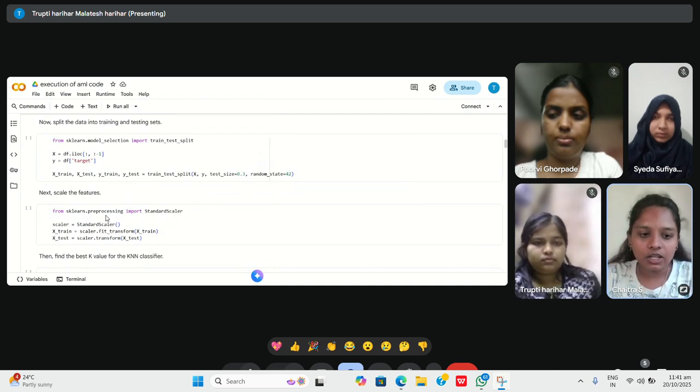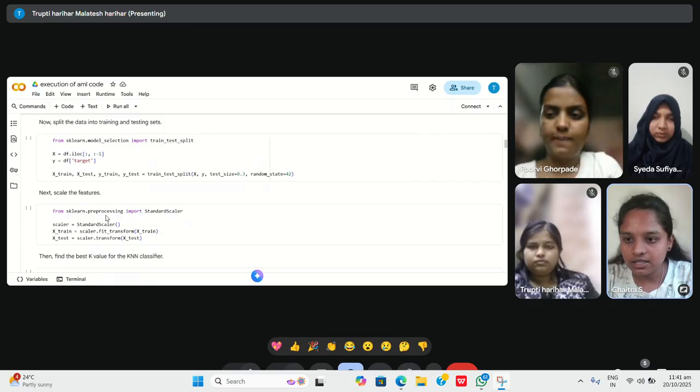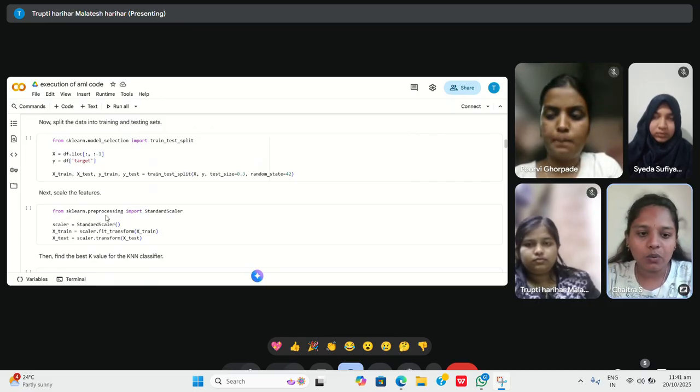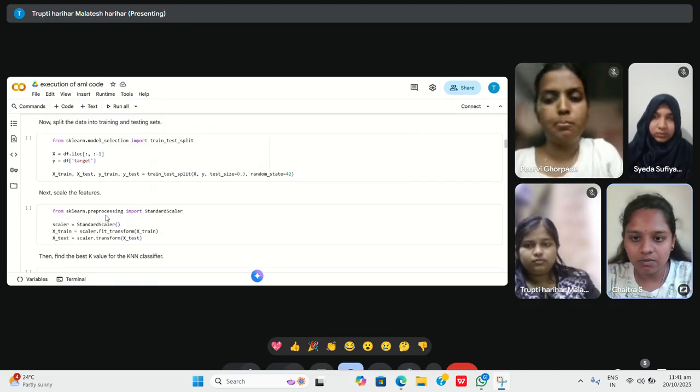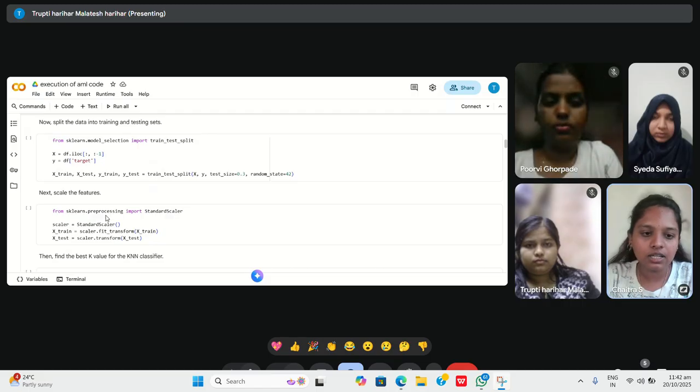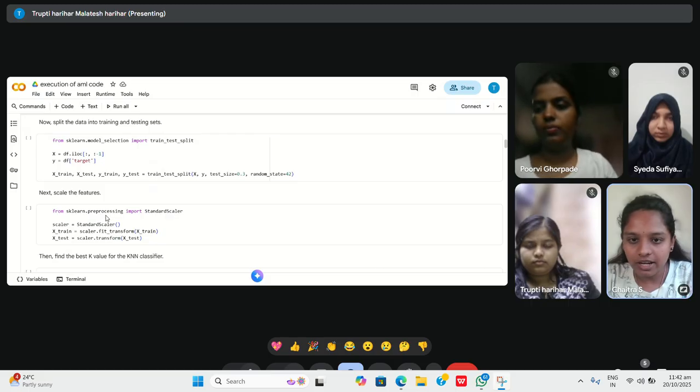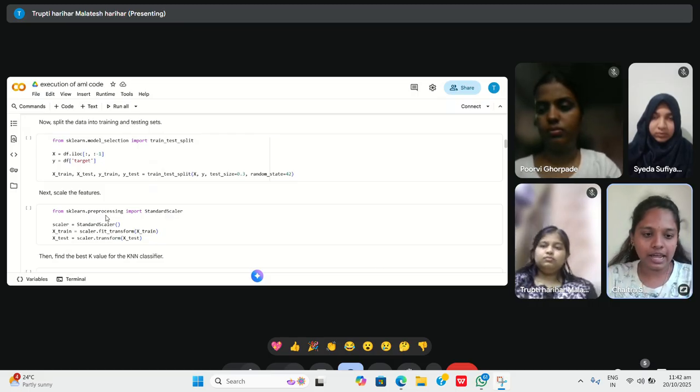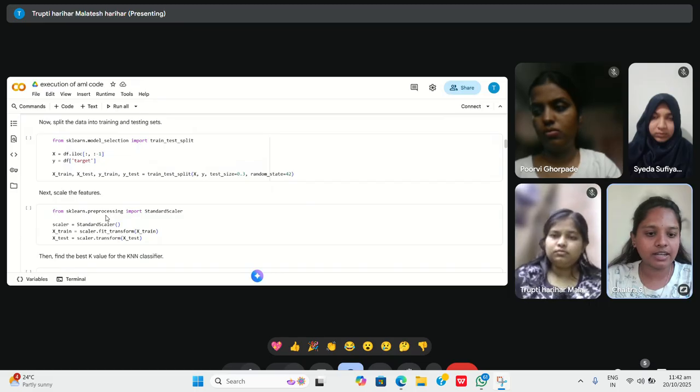It splits the data into training and testing, where X train, X test, Y train and Y test are the outputs of train test split. In this, 30% of data goes into testing and 70% for training. Random state they have given as 42, so it ensures the split is the same every time, even when you run the code